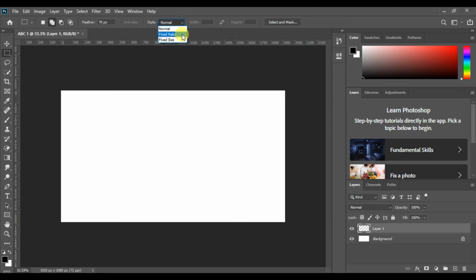Now let's move to the style option. As you can see, normal is selected, so we can make the selection of the area according to our requirement.